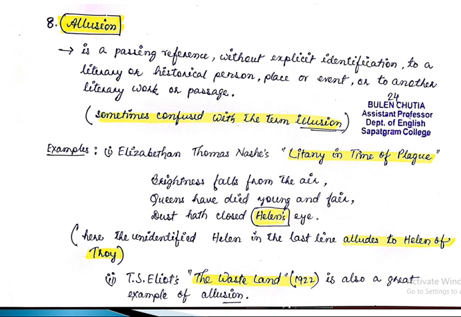Allusion is included in a piece of writing for those readers who are voracious readers, who have the knowledge of other kinds of writings, other kinds of literature. So sometimes I feel that the writers who use such allusions try to show off their